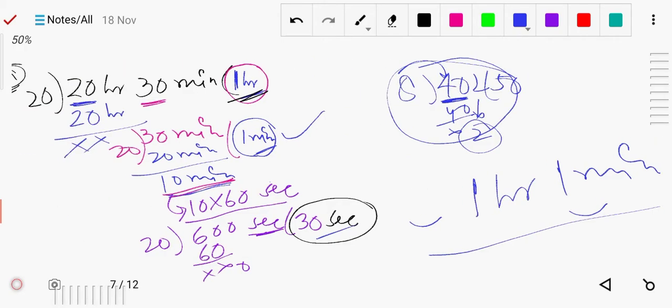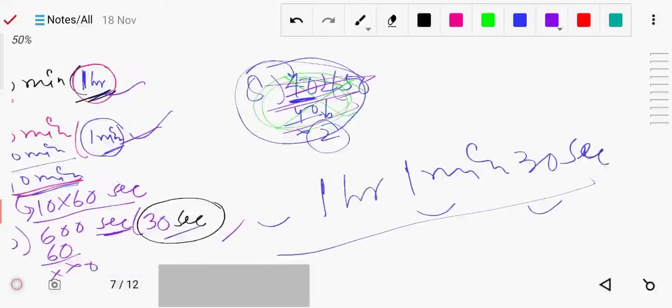And what you have to do? Actually, this is your example, no need to check it. Now this is your solution. You can see how we have done. It means you have to divide it exactly, finally you have to divide. If it is not dividing, sometimes some remainders are there, then you can change it to the lowest form. Like you can make it seconds or minutes, whatever is there. So try to do that. In the same way you have to do. So the answer is 1 hour, 1 minute and 30 seconds.